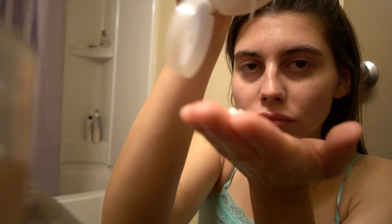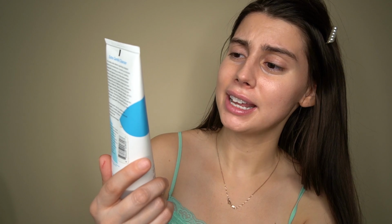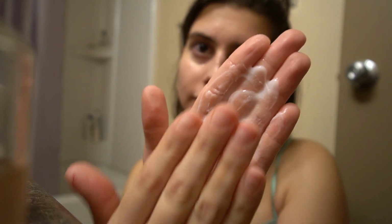So this is Ceramedx Natural Ceramide Therapy. It has rice ceramide, and there are 3 plant-based ceramides in here. It's an extra, extra gentle cleanser for very dry and sensitive skin. So if you have insanely dry, flaky skin, but are also prone to breaking out, this is amazing for you